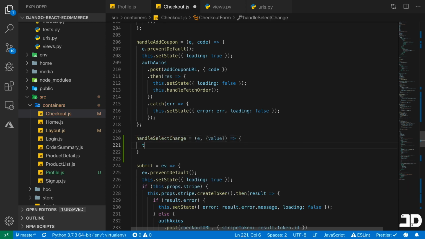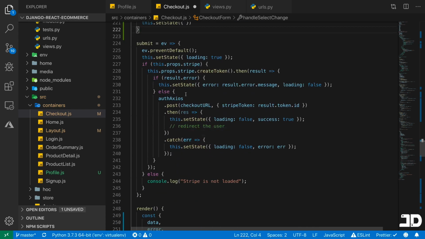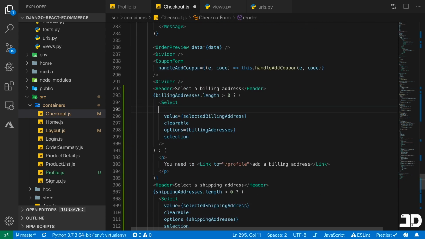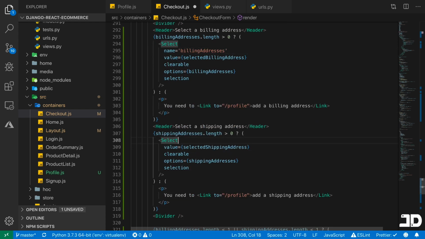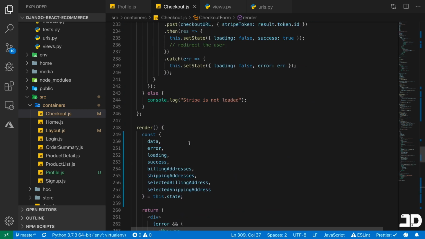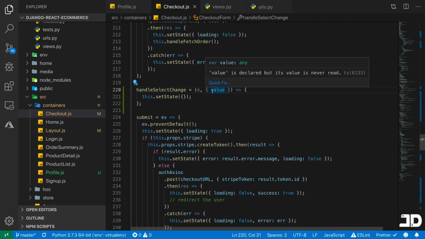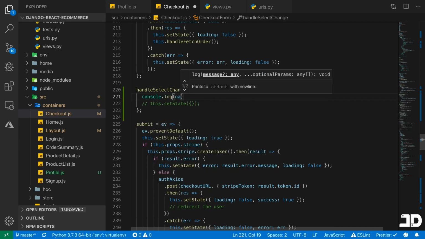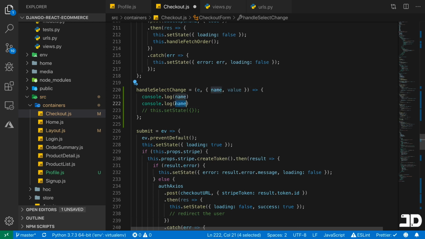selected. So in here, we want to say this dot set state, and we're going to set the state of whichever component we are changing. So let's just go and see what the names of these select components are. So this one we'll call name as billing address, and this one will be, of course, shipping address. So now we should gain access to that name in here. So what we can actually do is just console log name, and we can console log value. We could also actually just go with